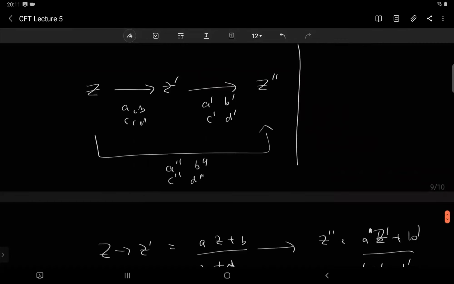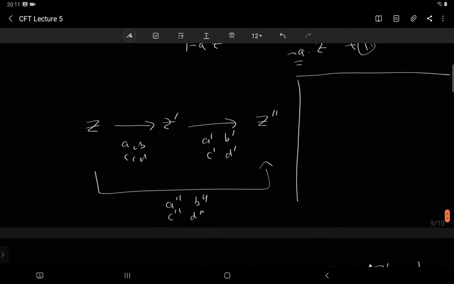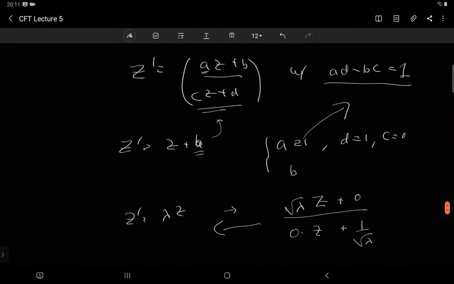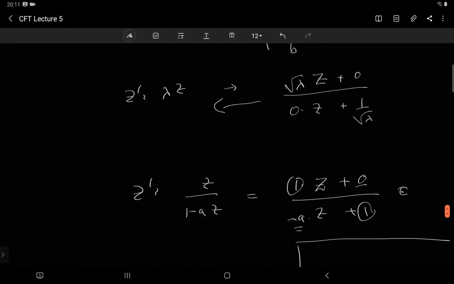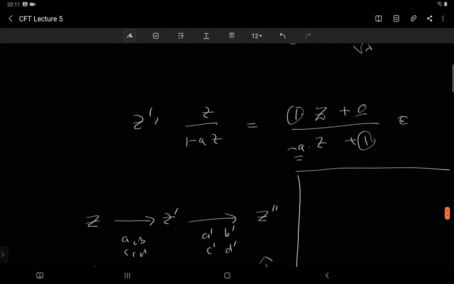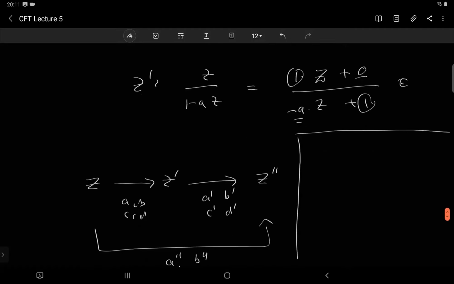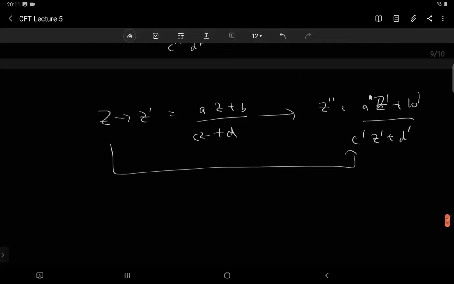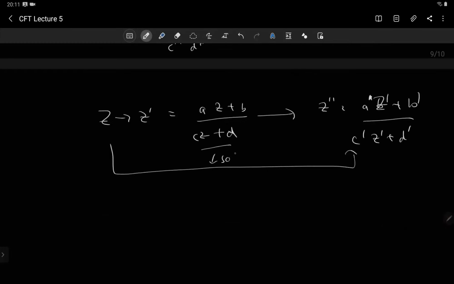And now we know that this should be a group because it should be the same as SO(3,1). How do I know this is SO(3,1)? Because we have checked explicitly that one is rotation, one is translation, one is scaling, and one is special conformal transformation. And we have checked in D dimensions that the group is SO(D,2) or SO(D+1,1). Since that's just algebra, it is true for any D, and therefore we know that this set of transformations must be SO(3,1).